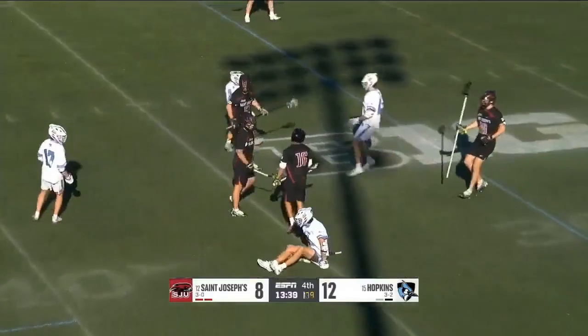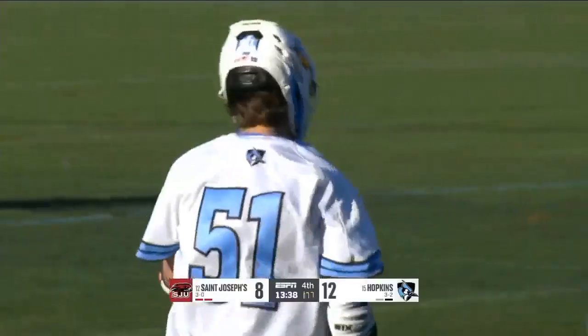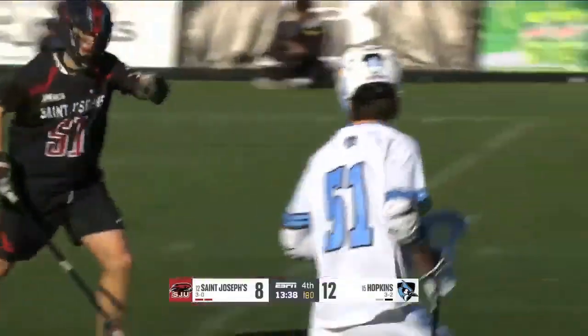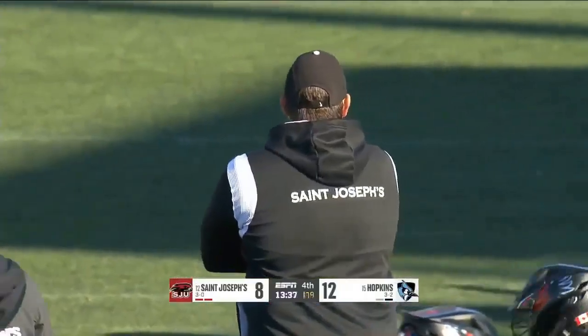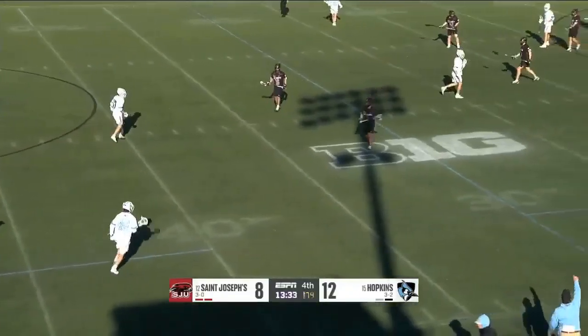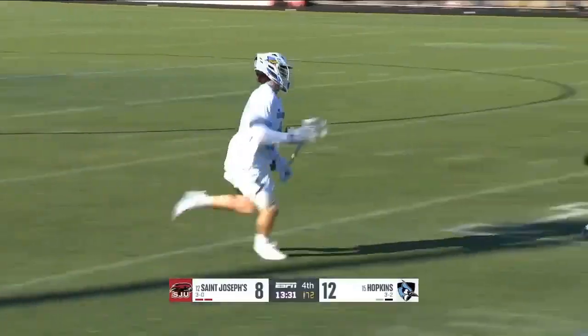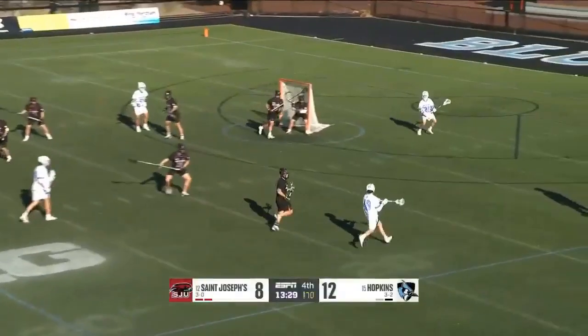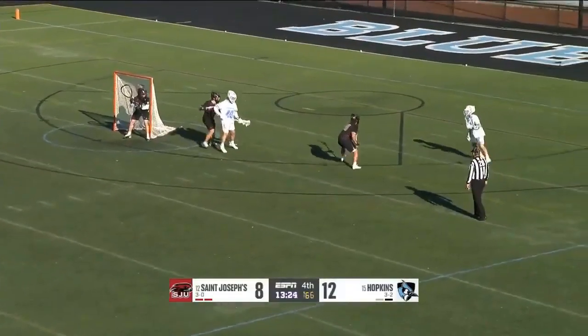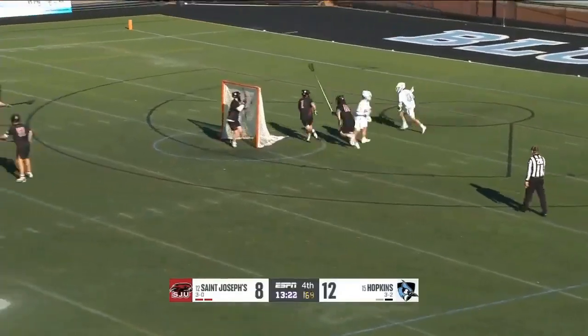This game is testing these officials. It is testing them. A lot of rough ground ball plays, a lot of holding, cross-checking, potential high hits, some skirmishes around the crease. Well, in this game, it's not an easy game to ref. No, it's not. And if St. Joe's can't chip away at this Hopkins lead, the way this game has gone, you kind of have to go into